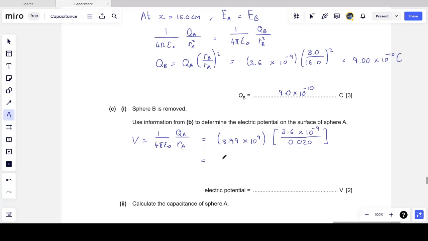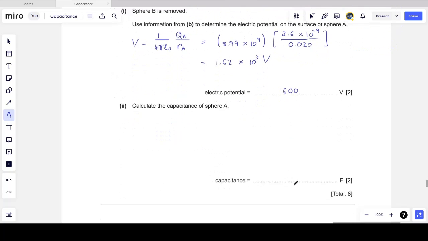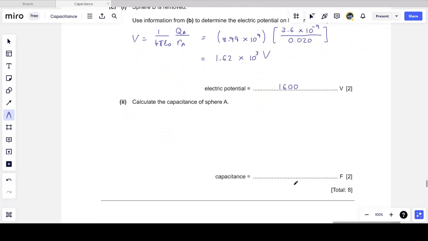And what I get the potential to be on the surface is 1.62 times 10 to the power 3 volts, or 1,600 volts, two significant figures. Or I could say 1.6 times 10 to the 3 volts. So you can see that every subsequent question now becomes easier because of the difficult work we had to do